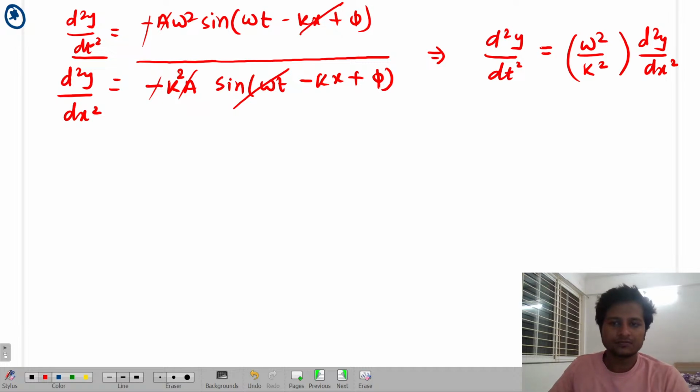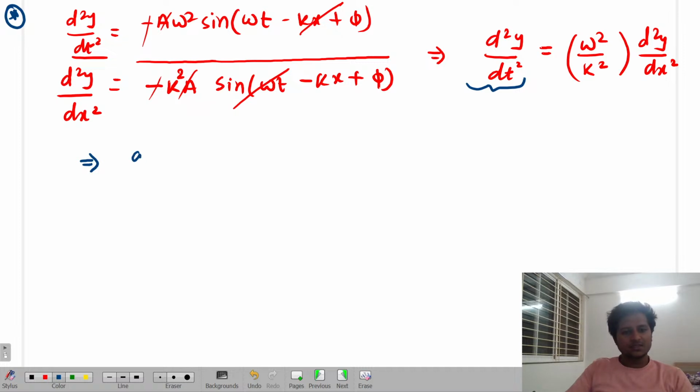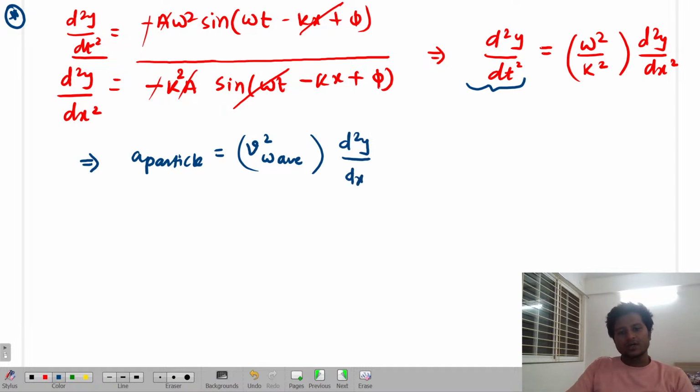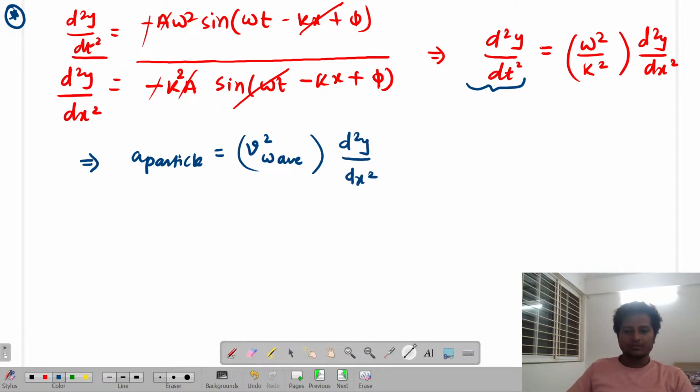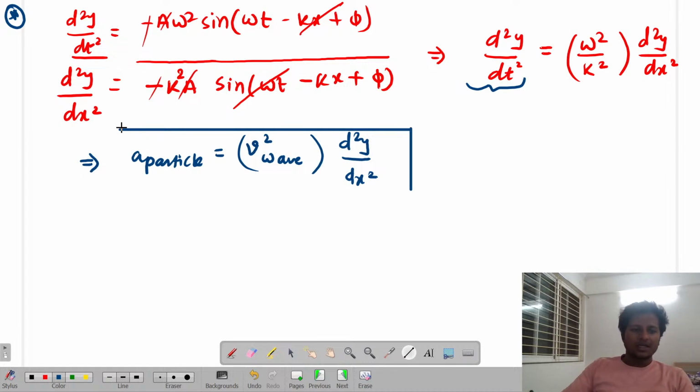है ना? Now you look over there. This is going to represent your acceleration of the particle, and that is omega by k is velocity. So velocity of the wave is square into d2y by dx square. So once again, this is nothing. Basically, why we call it as equation of wave, because in the wave, ध्यान से देखना जरा, इस वेव में